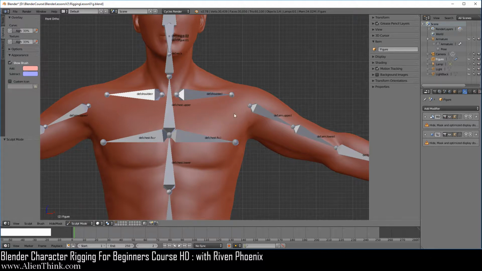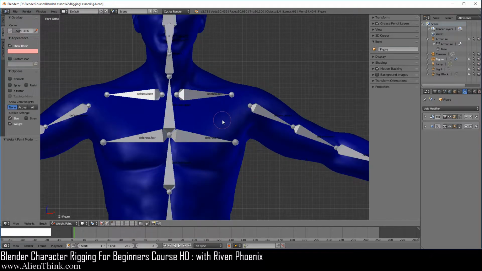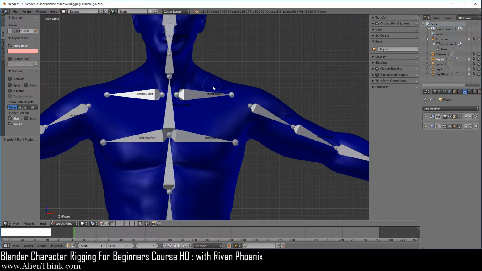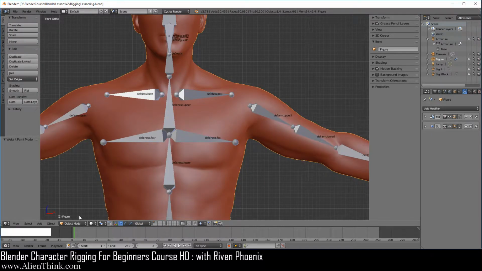Okay? Now, the issue here is that when you do Control Tab to go into weight paint mode, and then press the tab key to go into edit mode, now when you press the tab key to go into weight paint, now if you do Control Tab, it's just going to jump back to object mode. So when you are in weight paint mode and switch to edit mode and go back to weight paint mode, when you come back, it just resets itself to object mode. It's a tricky thing to remember, but that's how it works.